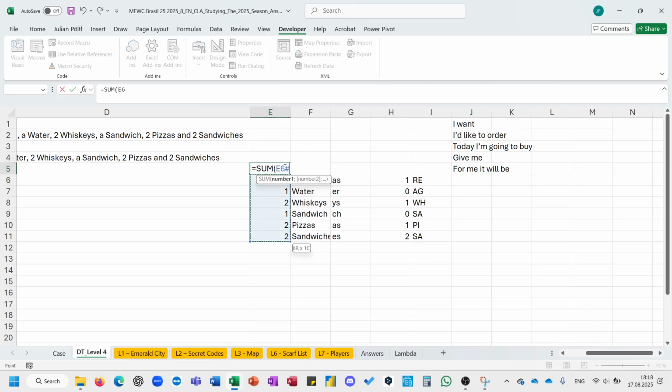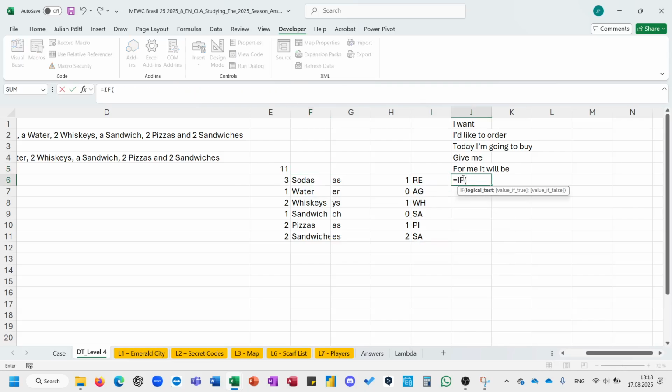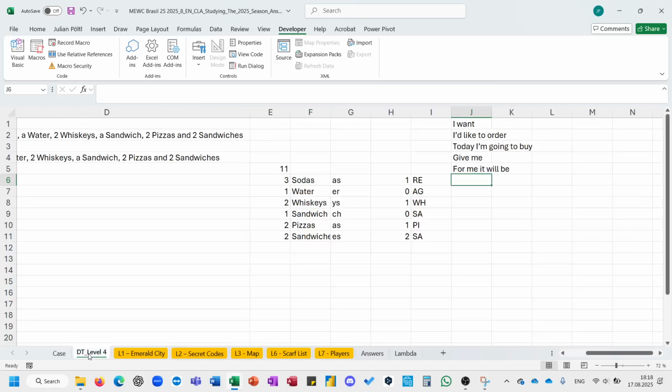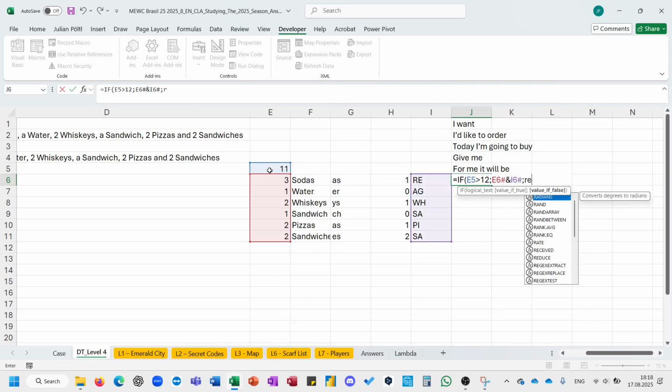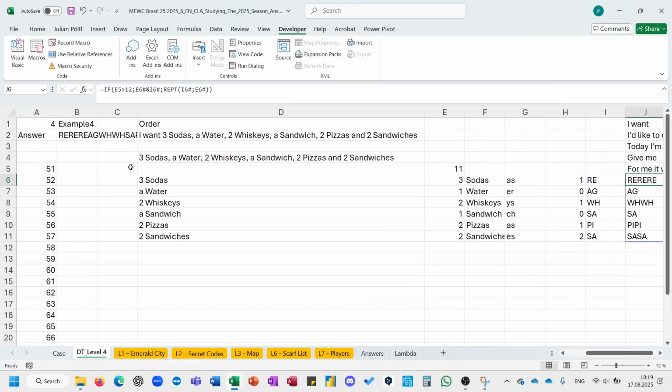Now if the number of those items is larger than 13, if this is larger, 13 or more, so larger than 12, then the number and the code, otherwise repeats the text the number of times. And then concat,